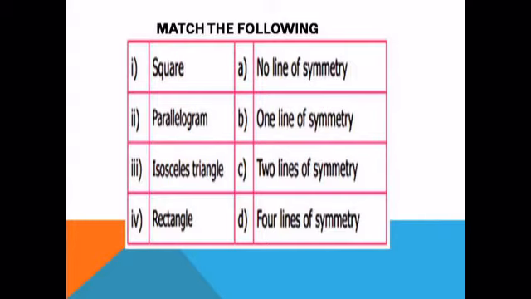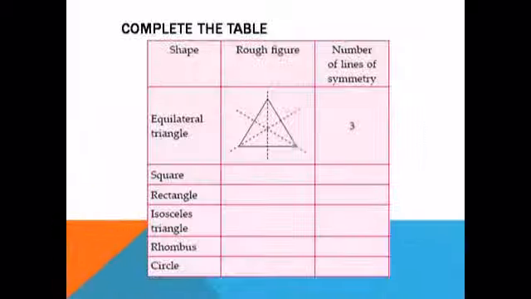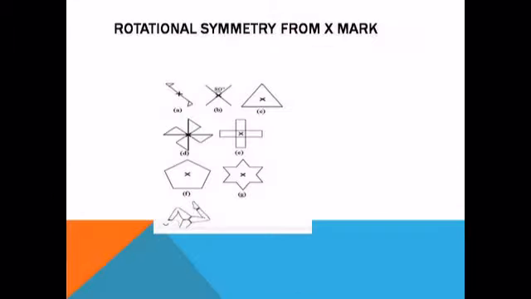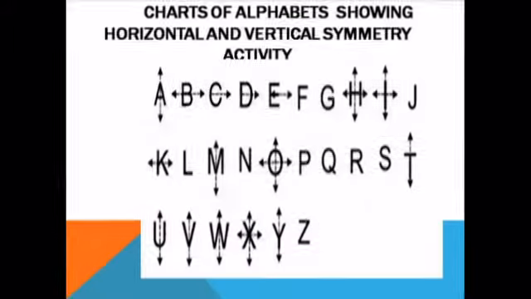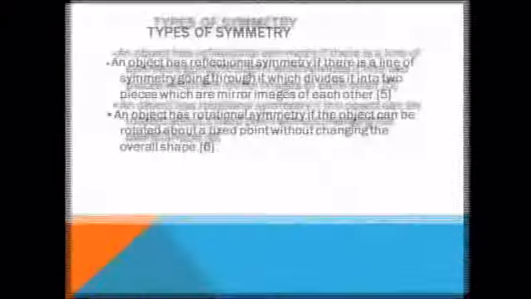Some polygons have one line of symmetry, for example the isosceles triangle, some polygons have more lines of symmetry, and some polygons have no line of symmetry. For example, if you take any regular polygon, we can see many lines of symmetry. A regular pentagon has 5 lines of symmetry, and a regular hexagon has 6. If you take a star, you can see 6 lines of symmetry. Here the lines of symmetry are given: isosceles triangle 1, rectangle 2 lines of symmetry.